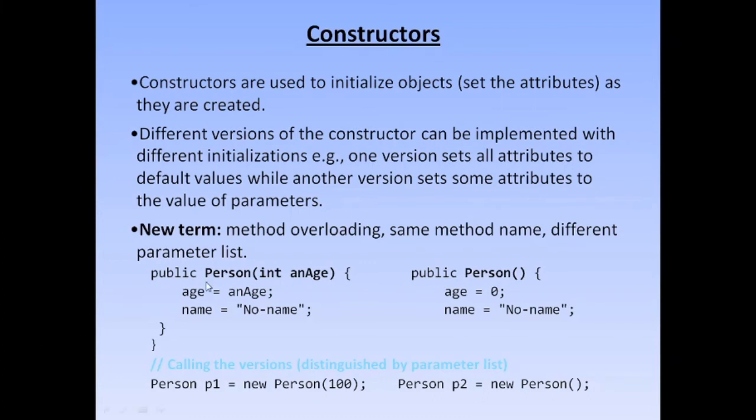So in this example, as you can see, public Person(int age) and public Person(), the method Person has the same name in these two examples, but in one it has an attribute of type integer, and here it does not have any argument. When it has no argument, it is assumed that age will be 0 and name will be "no name". And if it has some value, like a passed age variable, then the age attribute will be set to the passed value.